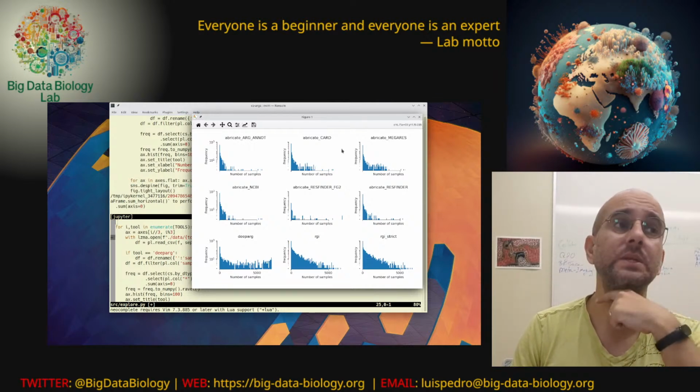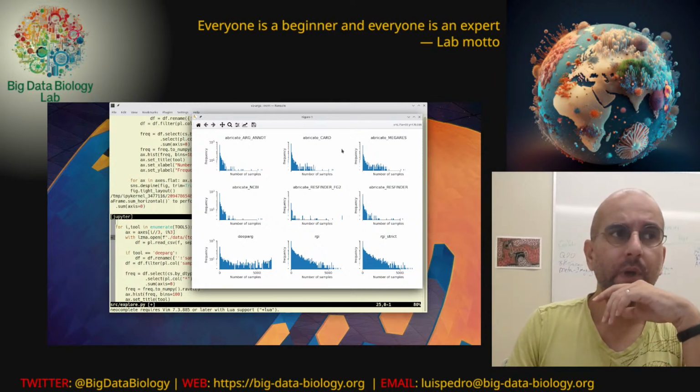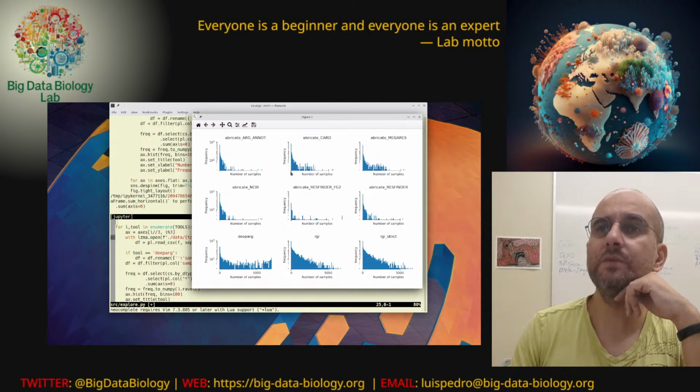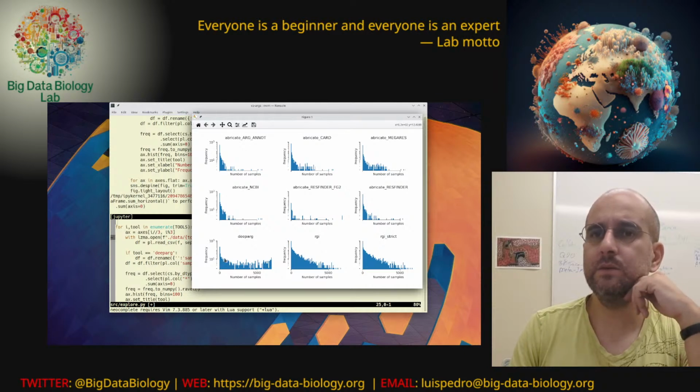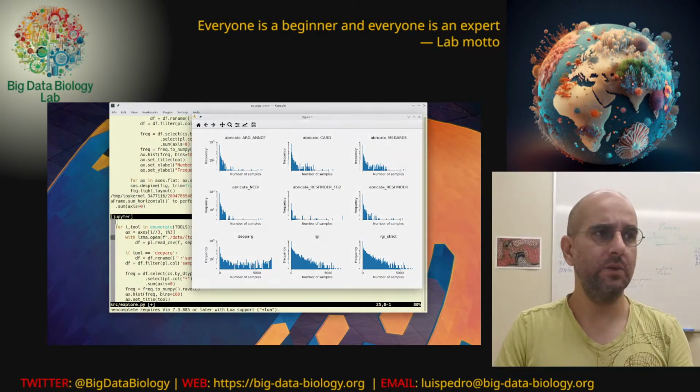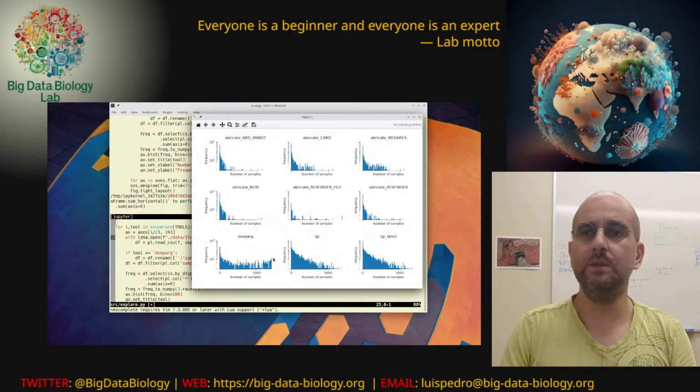Actually, these are database/tool combinations, and we can see that all of them have this leftmost side where genes are present only in a very small number of samples, and then most of them have this drop off, except DeepARG that has a drop off at the beginning and then sort of stabilizes. Right. Okay, now to that, let's then start